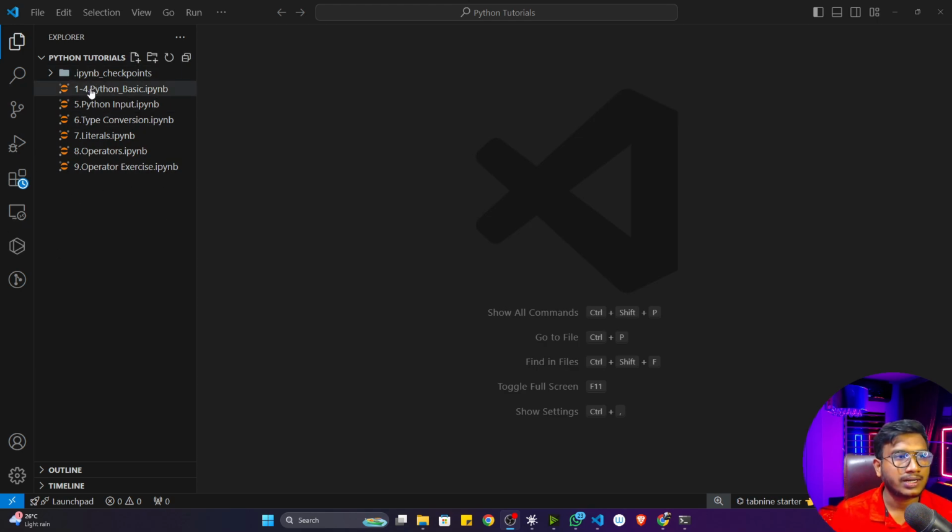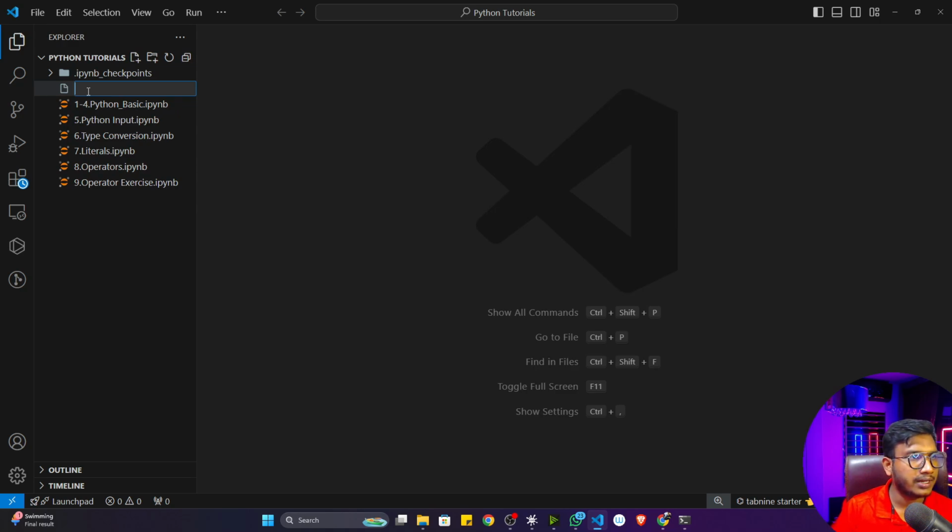Now here I'm going to create a new file. If you want to create a new file here, what you can do? Here is a new file option. You can see this is the button. Just click here to create a new file. Now it is asking for the file name. This is our 10th tutorial, so I'll just write 10 and the topic name is If-Else